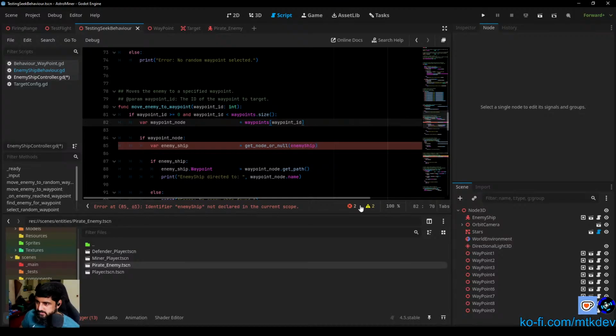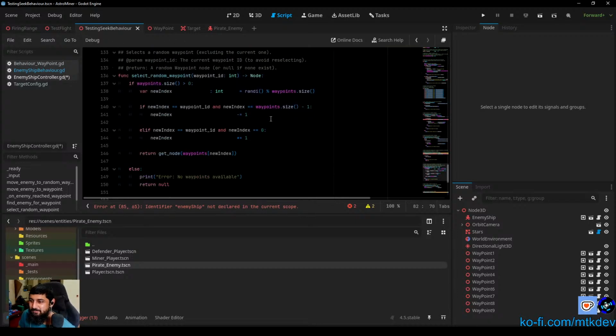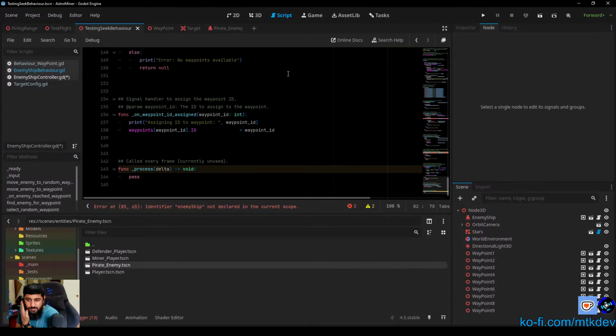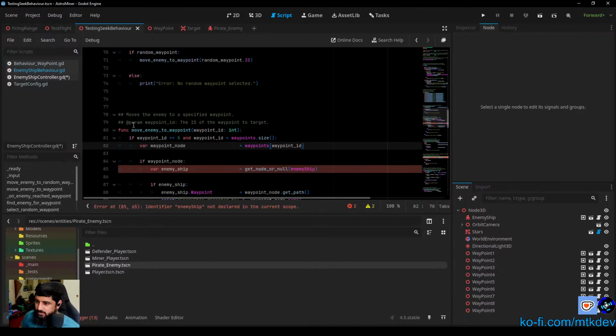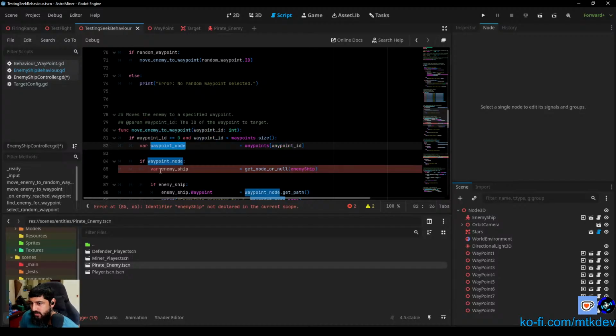This is going to be a bit trickier than I thought it would be. And it doesn't seem to be ending anytime soon, eh? Okay, so I fix one problem and then a new one presents itself. Right. So the waypoint node is waypoint ID. So the waypoint at waypoint ID is this one. And then